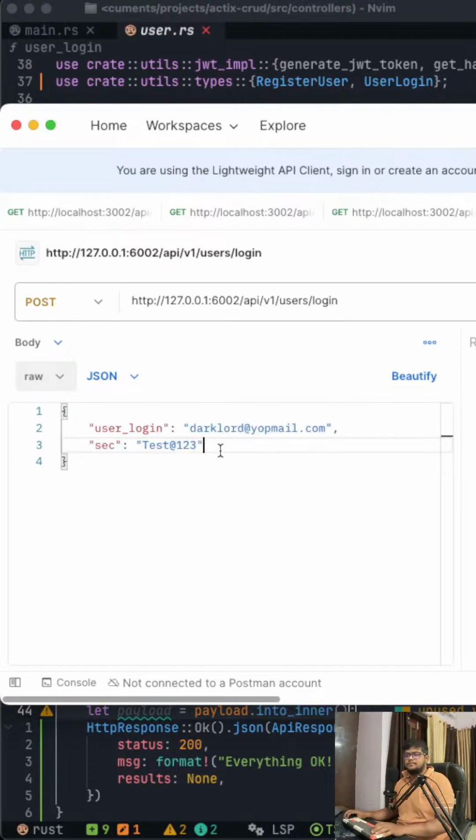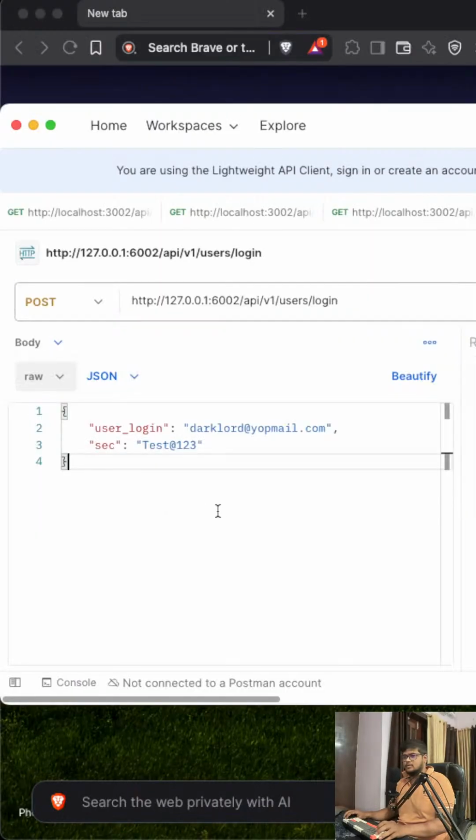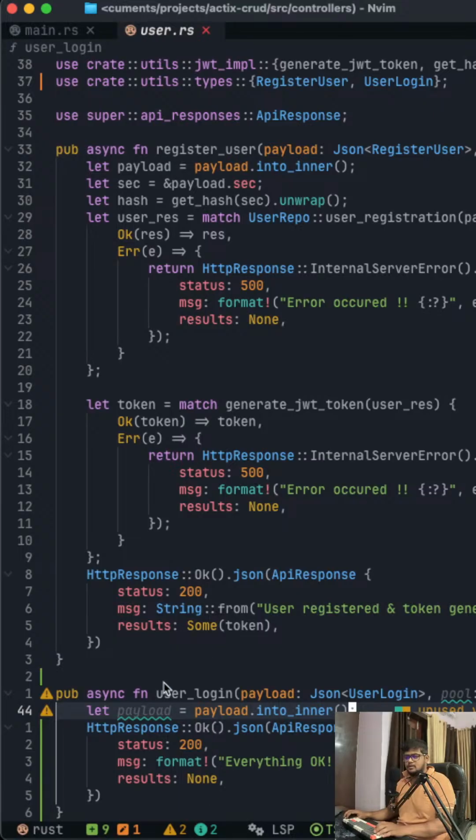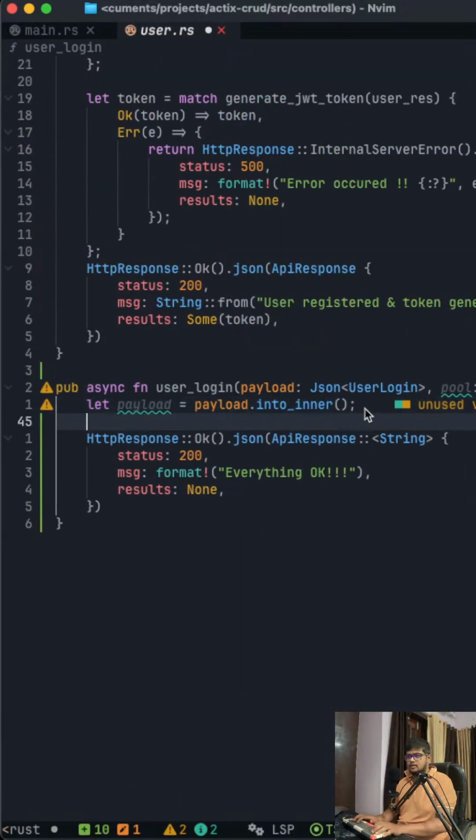User login. Okay, so the login request will look like this. And so this is the payload. We'll fetch the payload here, as you can see on the payload variable. I have a payload. All right. Now what we need to do, we have a user now. First of all, we need to validate whether the password is correct or not. If the password is correct,